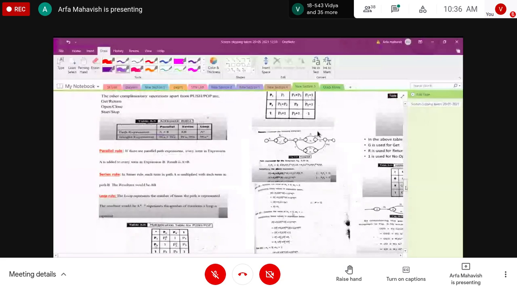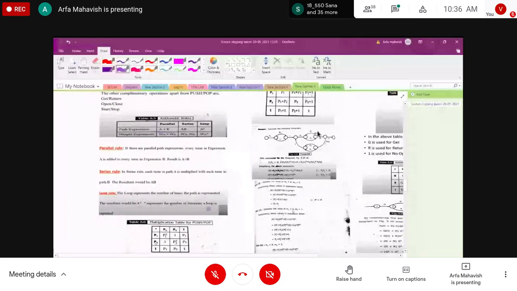Next we have the loop, which represents the number of terms required. A loop is nothing but repetitions of your performance; the number of repetitions of the loop we take as a power. The result will be a star. So the number of times the loop is repeating, we calculate as per that. It is an iteration procedure.